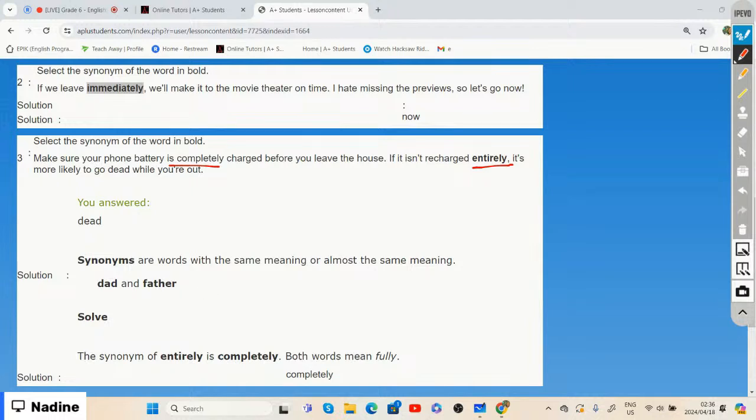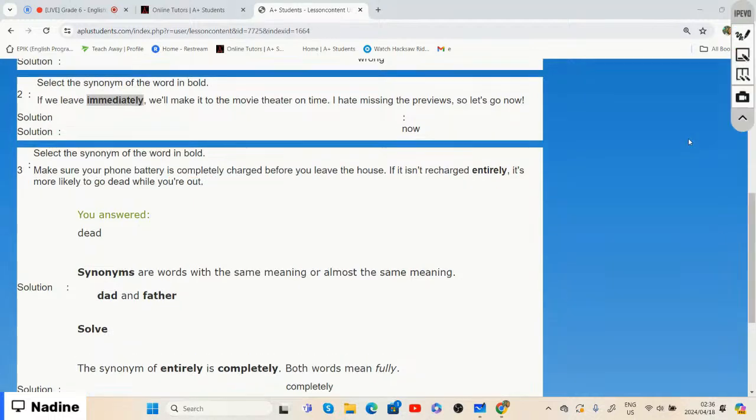So that is the synonyms. And once again, synonyms are words with the same meaning or almost the same meaning. So both completely as well as entirely mean that your phone has fully charged. All right, so now let's go to our test